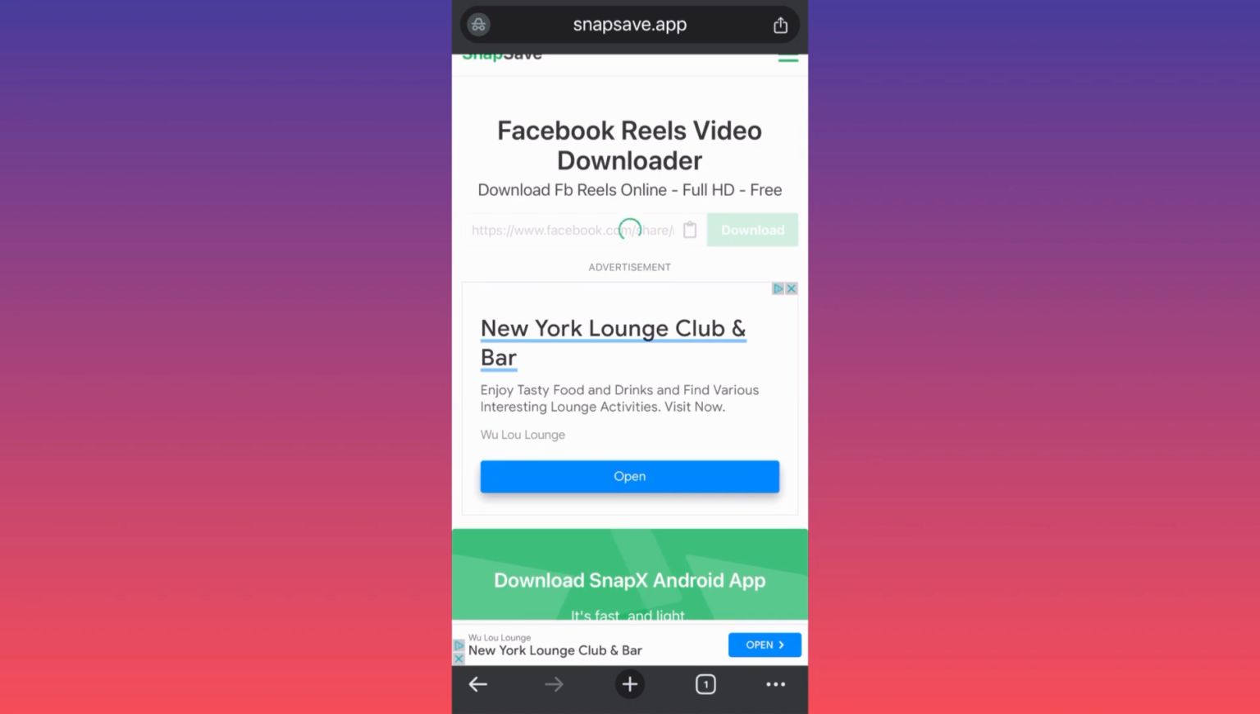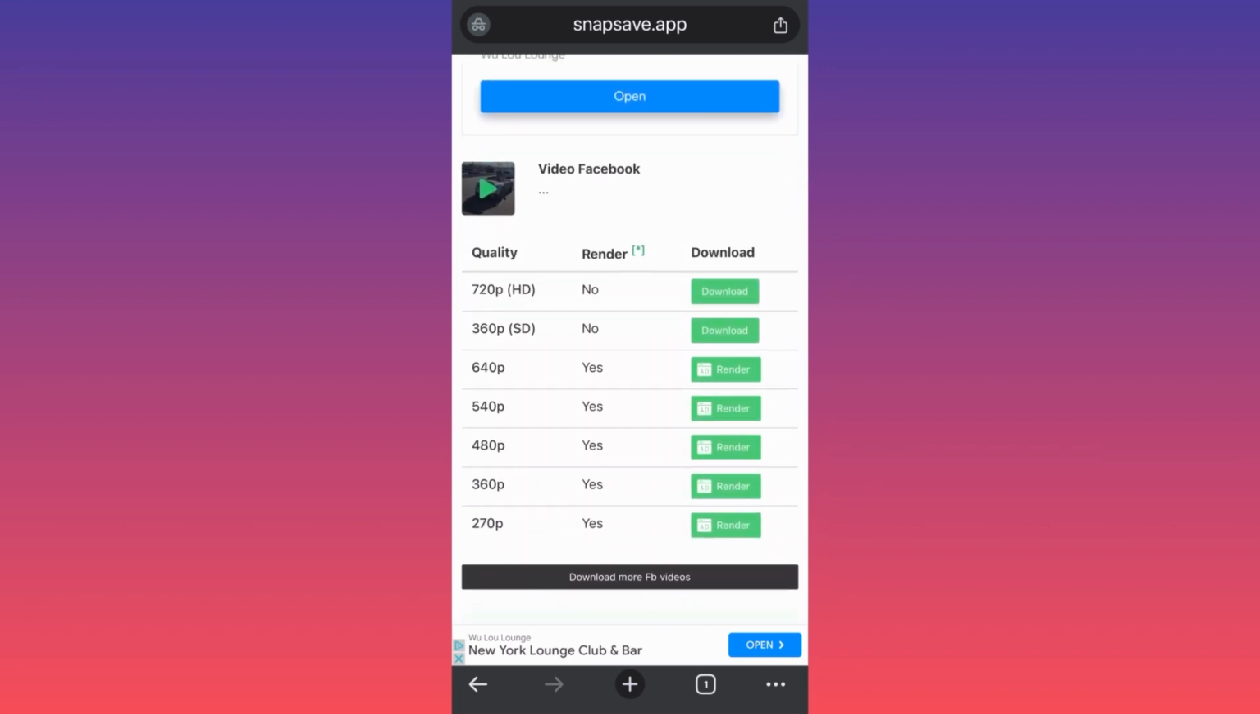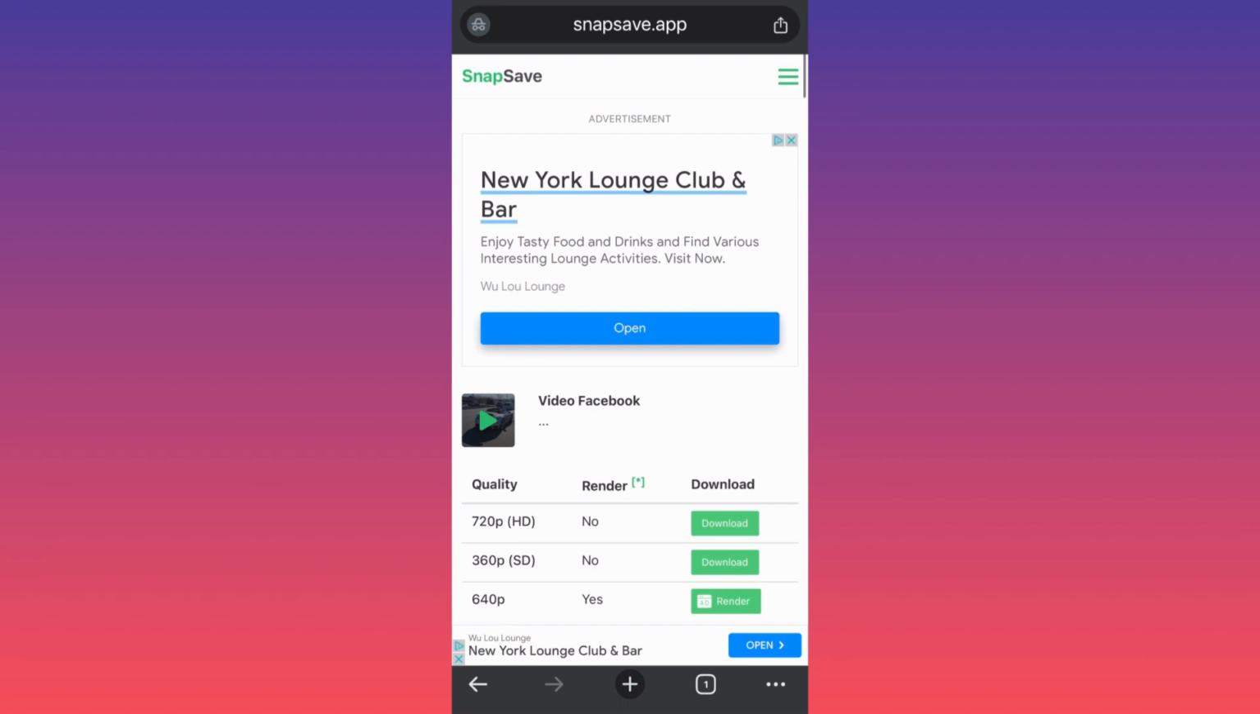Usually the video process faster if there is not enough traffic. As you can see over here, we have different options, quality options to download the video from this app. This is how simple it is, guys, to download